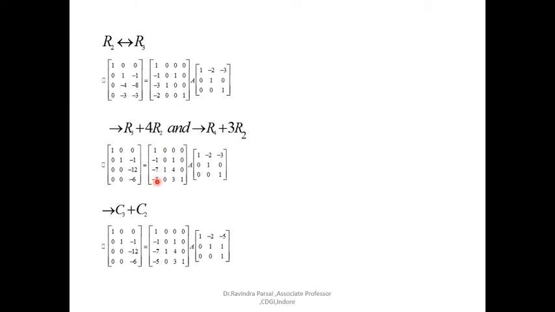So with the help of this R2 is minus 2, here you have to do 3 times, so minus 2 minus 3 is minus 5, then 3 times here, 0 into 3, multiplied by 0 you will get 0, you are getting, and from this position is 3 and this position is 1. And since you are applying row operations, you are not to apply over the post factor unit matrix, keeping it as it is.